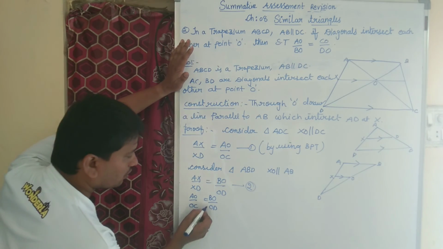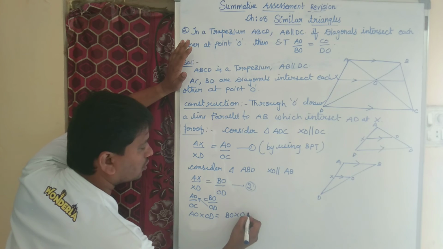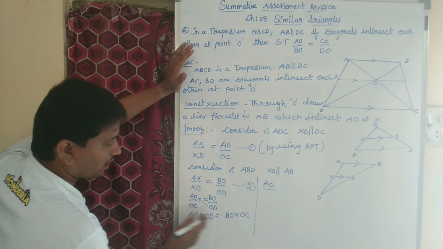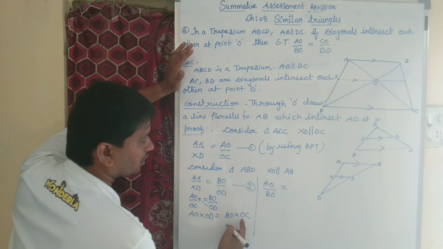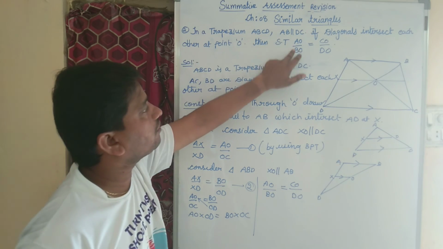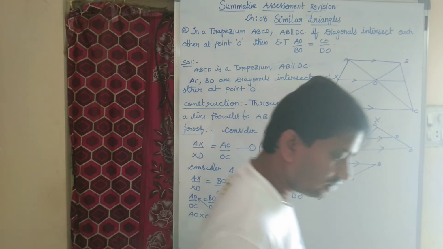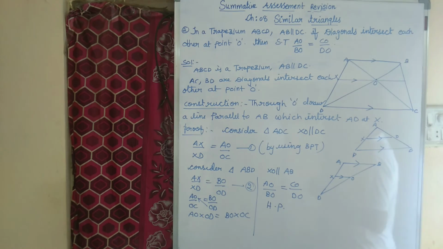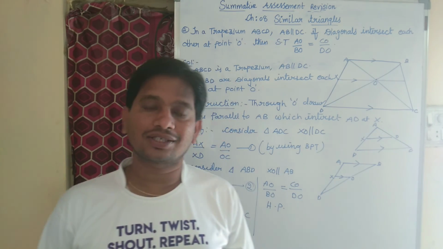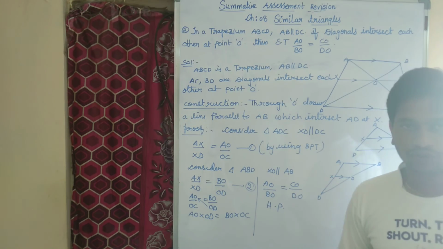So what you do? Let us do cross multiplication. AO into OD equal to BO into OC. Let AO be here; BO is multiplying here, transpose this side, it will become AO by BO. Here OC is there, and DO is multiplying, transpose that side, it will become CO by DO. So hence we proved AO by BO equal to CO by DO, right? Which is also one of the most important questions, children. Mostly they ask constructions only; in a rare case, they may ask these two sums, first question and second question. Thank you, children.